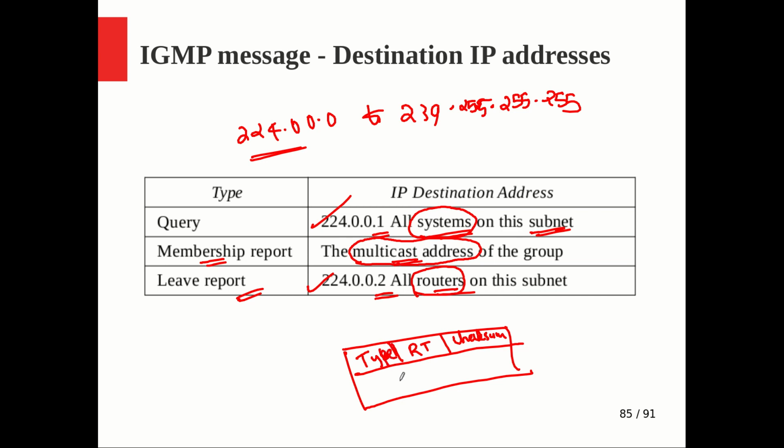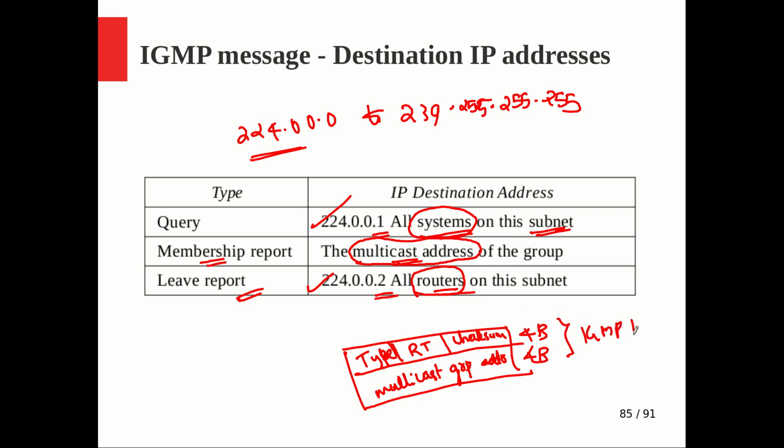And in the next row, there is a 4-byte field, another 4-byte field, that is the 32-bit membership field. If it is a membership report, and of course for the other cases also, other than the query, the membership report, the leave report, and the special query, all three keep the multicast group address here. So the multicast group address, or the group ID, will be kept here.